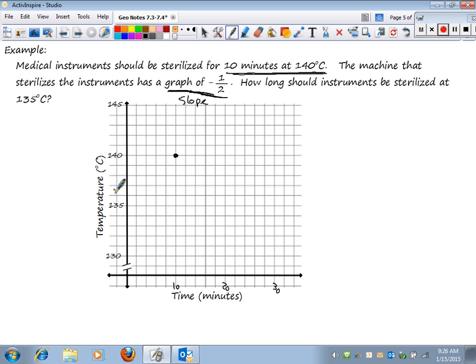The graph is a -1/2 slope. So that's telling me to do what on my graph? Down 1 and over 2. So I need to go down 1 degree and over 2 minutes. 2 minutes would actually only be one line because I numbered by 2 minutes, didn't I? So I'm actually going to go down 1 and over 1, because 2 minutes represents one line on the graph. So this really is down 1 degree and over 2 minutes. So if I connect those,